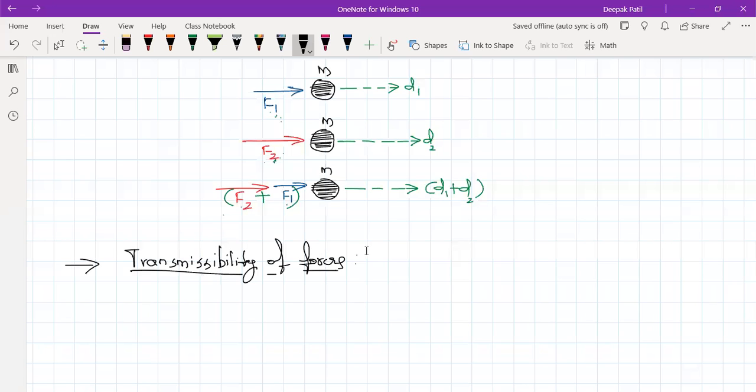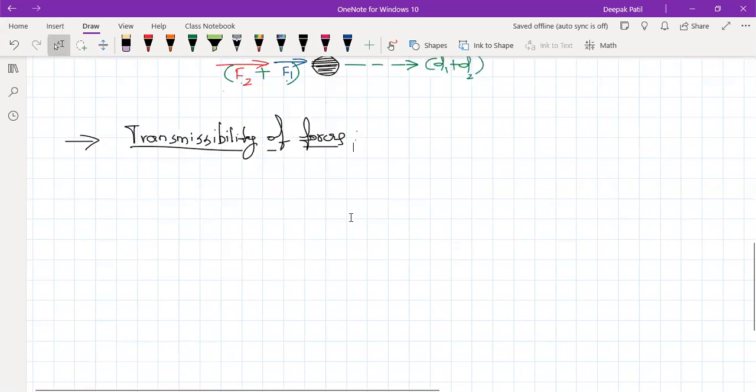Okay, let me read out the statement to you. You may not understand it at the first instance itself, but let me read that part so that I can explain it to you with some example. Now the principle of transmissibility of forces states that the point of application of a force can be moved anywhere